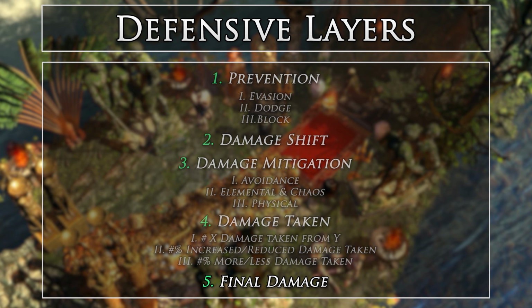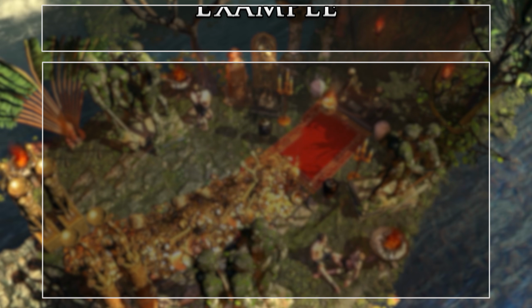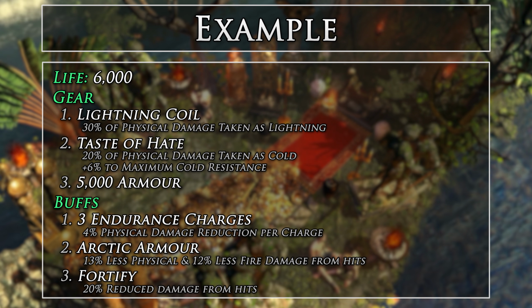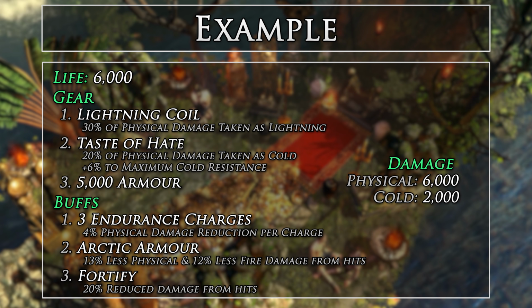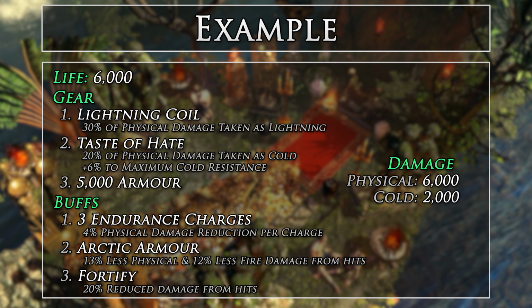To get a good grasp on how all incoming damage is mitigated, let's go through an example. Let's say we have the following stats, buffs, and items. Now let's say we get hit with a hybrid damage hit that strikes us for the following amount of damage. Now without any mitigations we would surely die from this hit, but let's look at how far the damage is